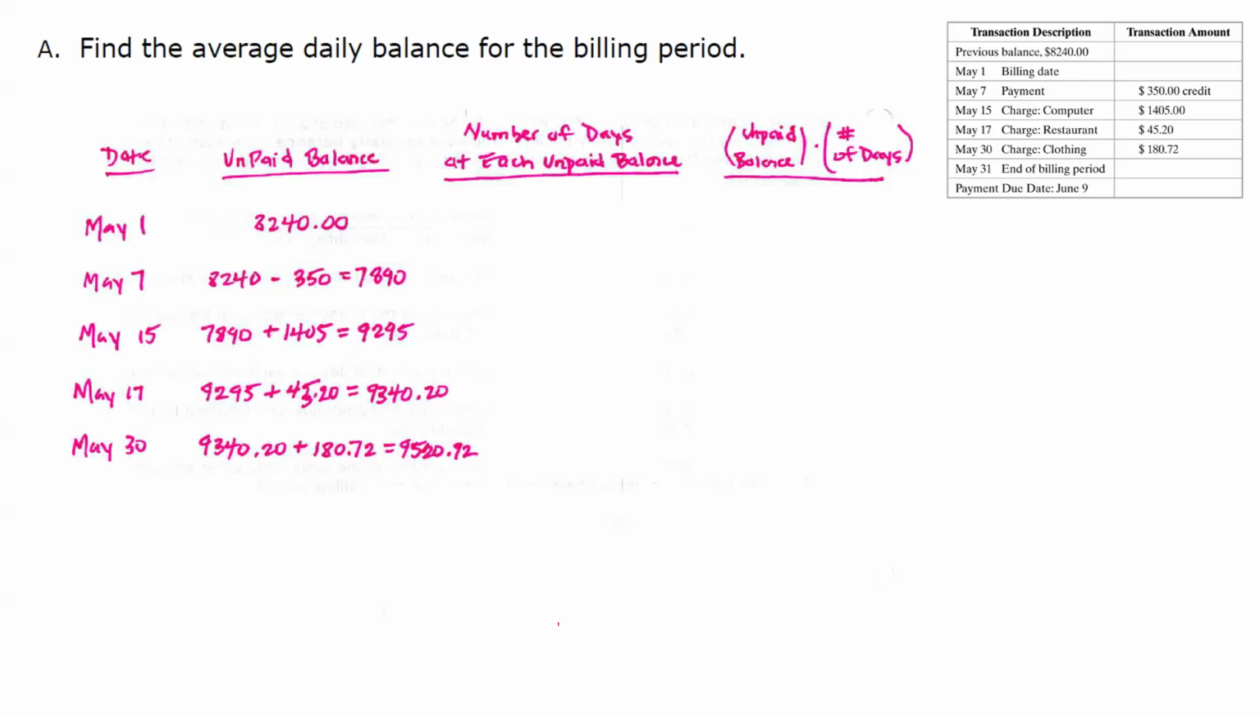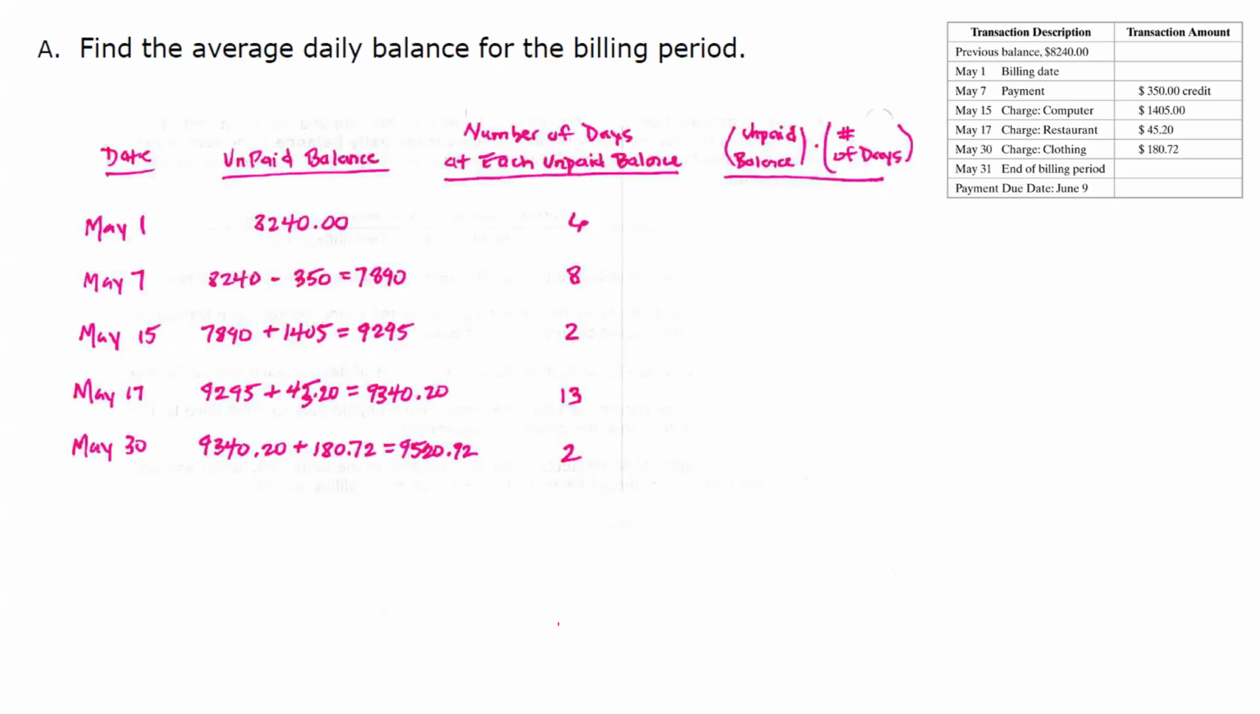So let's first find the number of days at each unpaid balance. Between May 1st and May 7th, 6 days passed, so I had my previous balance for 6 days. Between May 7th and May 15th, before I purchased food at a restaurant, 8 days passed with an unpaid balance of